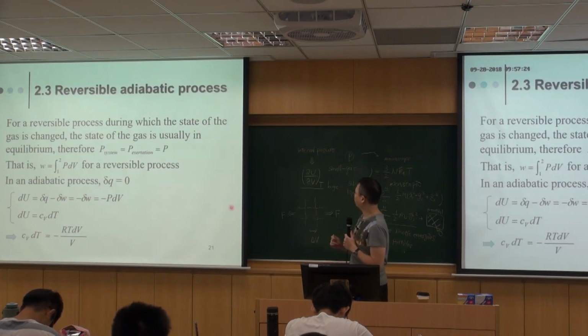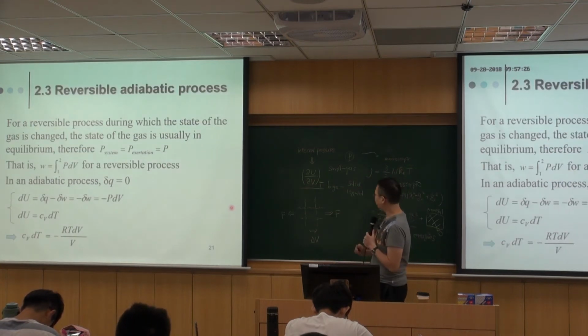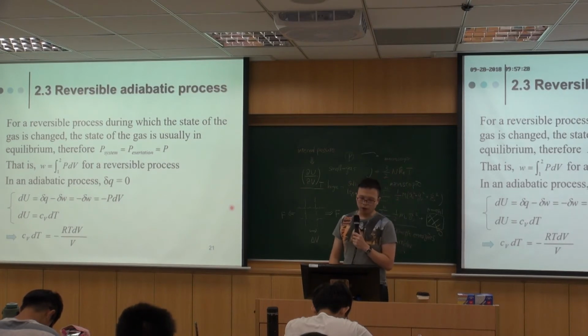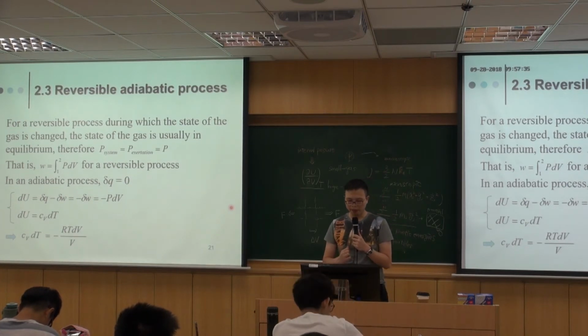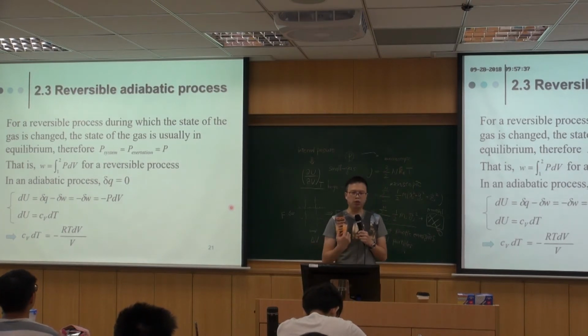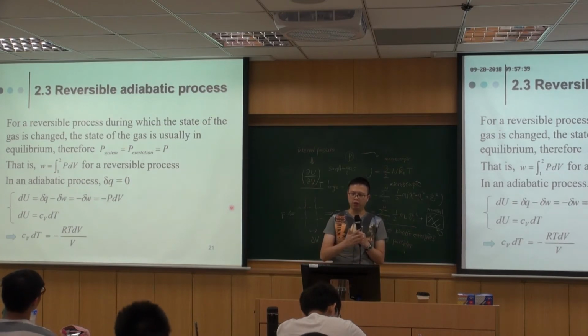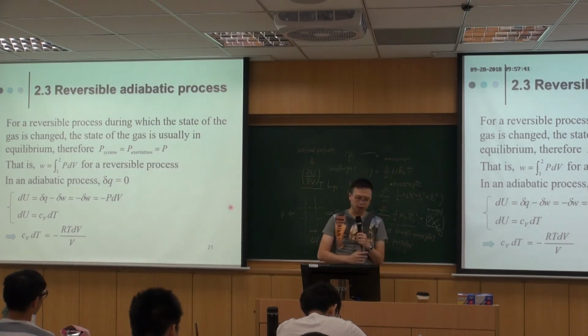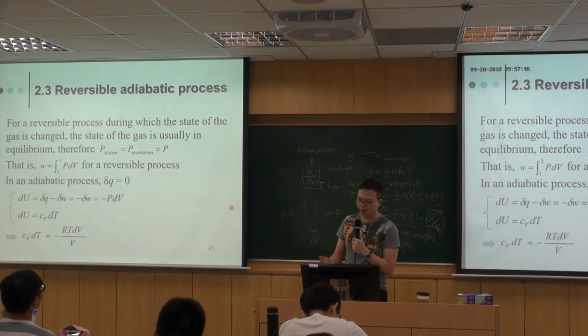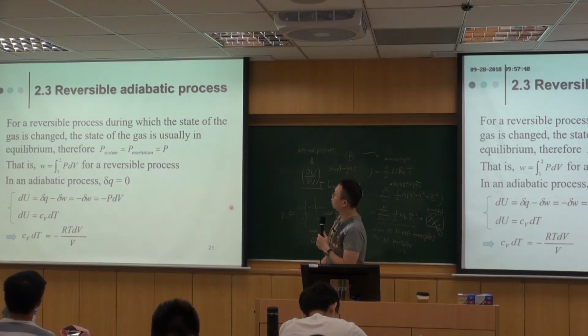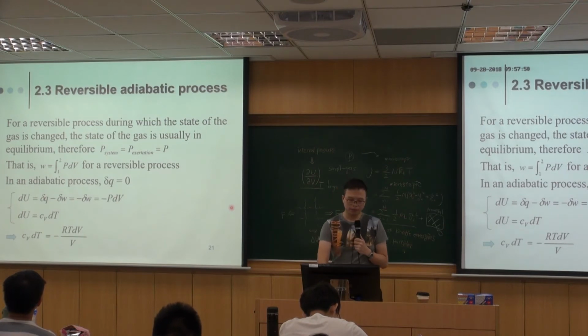Okay, so that's for CP and CV. And now we know that there's a relationship between them, so we can start to do some calculations. And in order to do calculations, we have to focus on the one process first. And for this book, it starts from the adiabatic process, because we already know that for